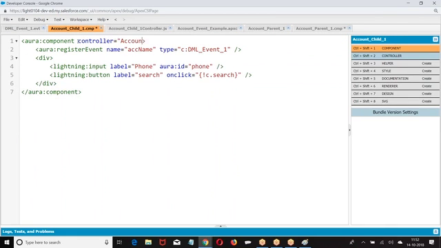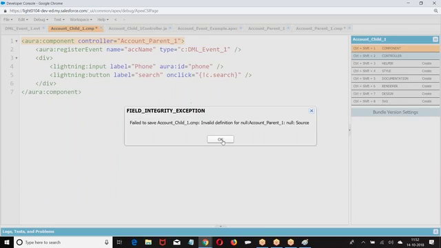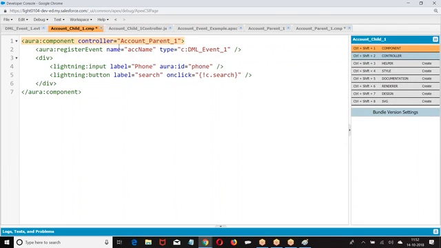Controller. What was that? Account event example. Right? Okay. Now here also